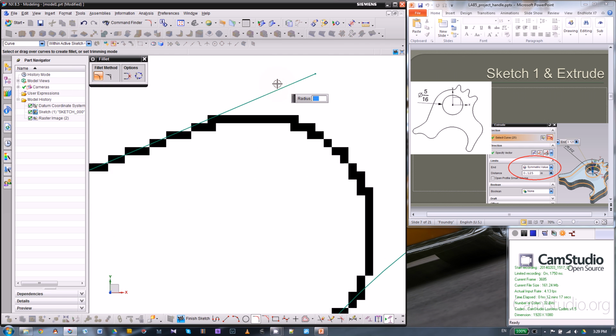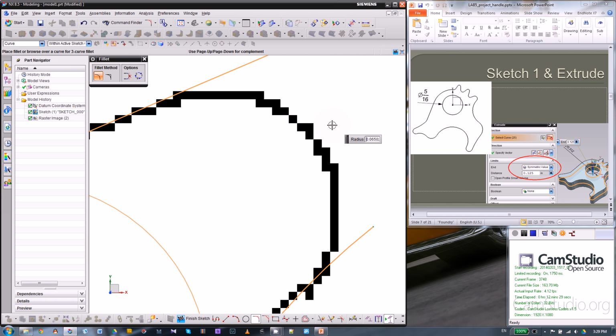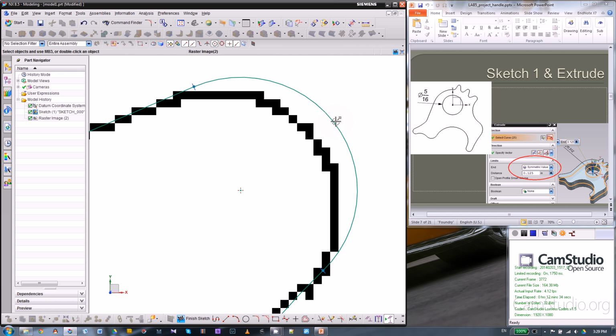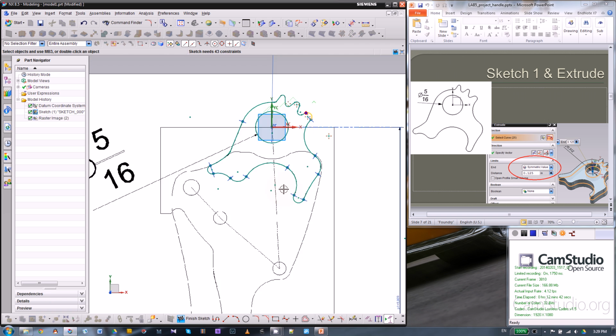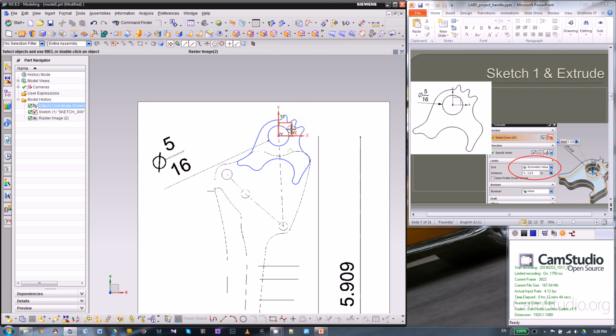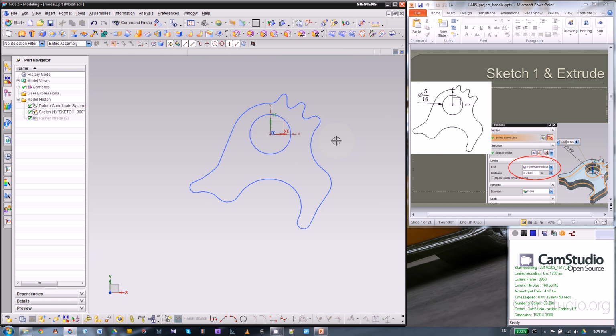So if the fillet is reversed, we can pick the curves in the reversed order. So I'm gonna drag this one a little bit. Okay, so let's have a look. We have the shape of this first sketch, and let's extrude